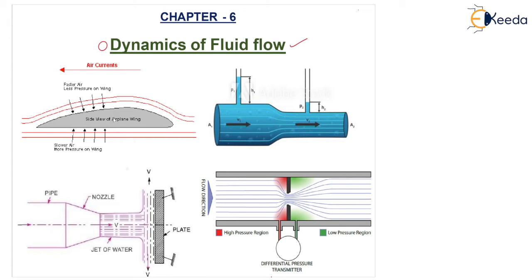The first example is an aerofoil, the side view of an airplane wing, that is the cross section of the wing. This is the upper surface and this is the lower surface, with faster air, that is high velocity of air, moving over the top surface, and low velocity of air moving at the bottom surface. If the velocity is higher, then pressure will be low, less pressure on the wing, and on the bottom surface there will be more pressure on the wing. This is because of the energy conservation principle. If the velocity is higher, pressure will be low. If the pressure is higher, velocity will be low, and because of this pressure difference, the lift is created